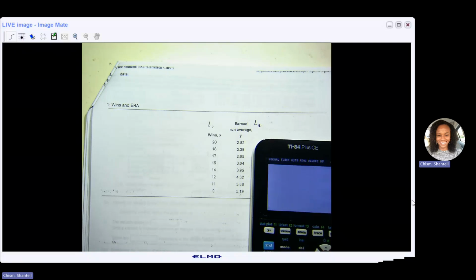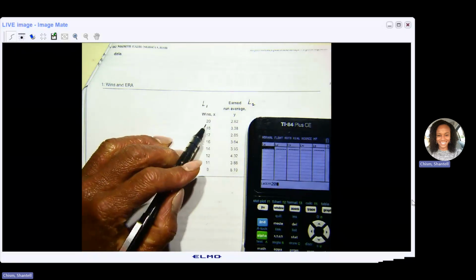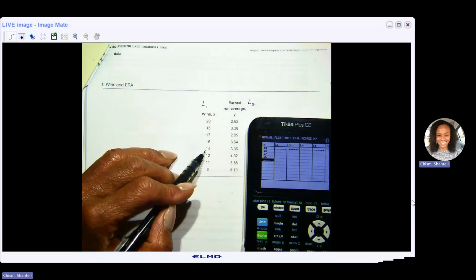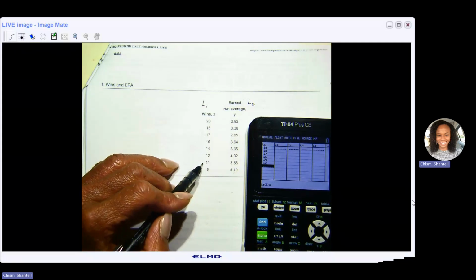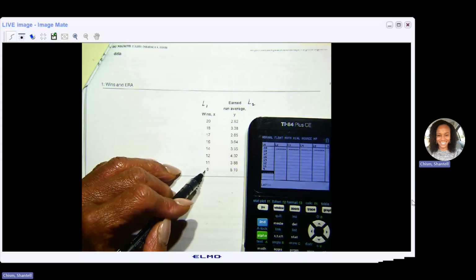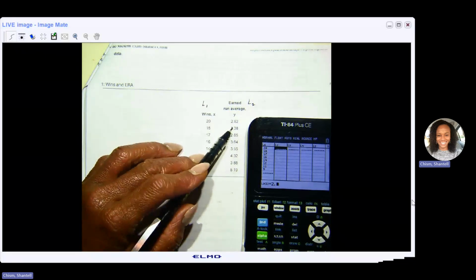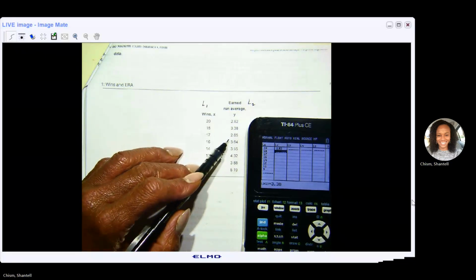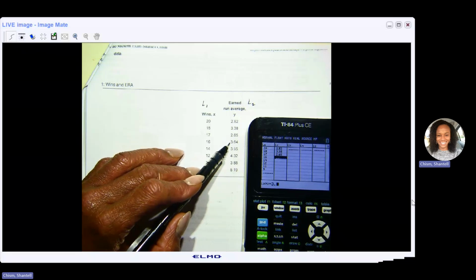I'm going to press the stat key, turn it on here, clear that off, press the stat key. You want to edit. You already have something in a list, so let's clear that out. Arrow up to the name, press clear, enter. So in list one, I've got 20, 18, 17, 16, 14, 12, 11, 9. And then in list two, I've got 2.82, 3.38, 2.65, 3.64,